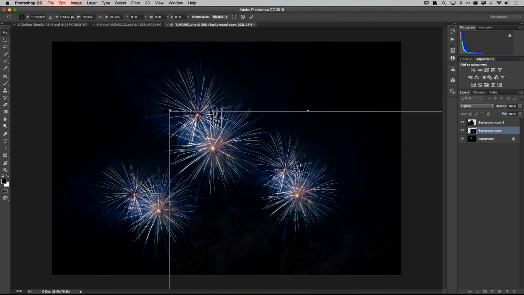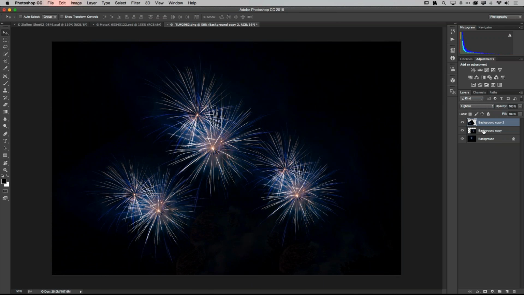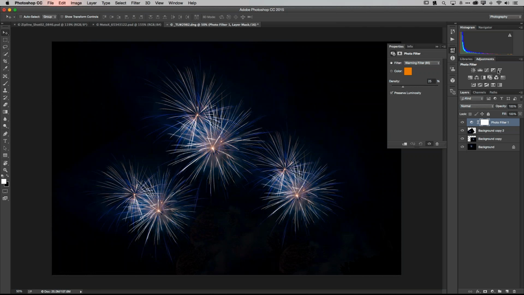And maybe we want to even change the color of one of these so they don't look so identical. So we'll go ahead and run a photo filter on it, and we'll choose a nice red color, and we'll change the intensity. But you're saying, Terry, wait, that's doing it to everything, and that's okay. It is Photoshop. I can hold down my Option or Alt key and tell it to only apply it to that one layer. All right, so that's what Photoshop's all about, being able to do more, and more importantly, being